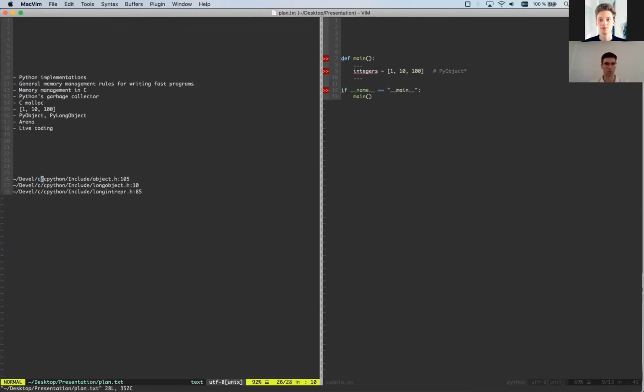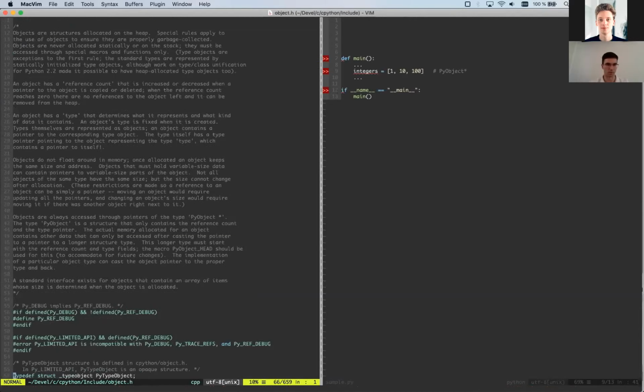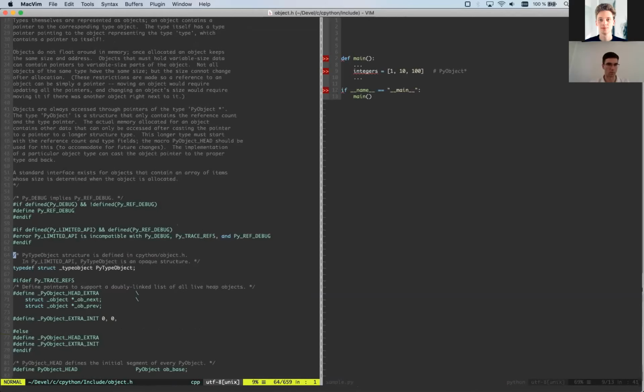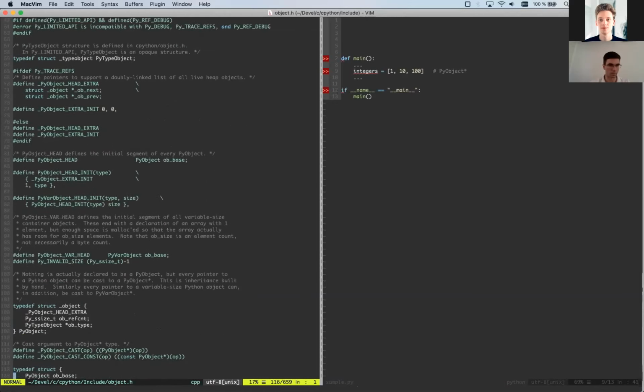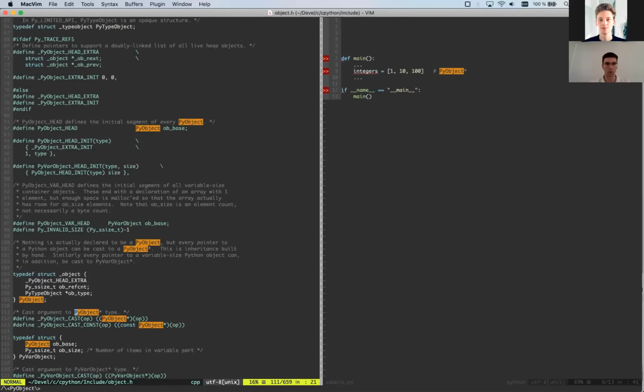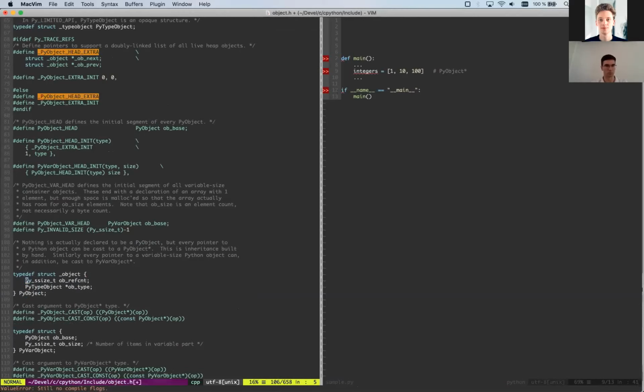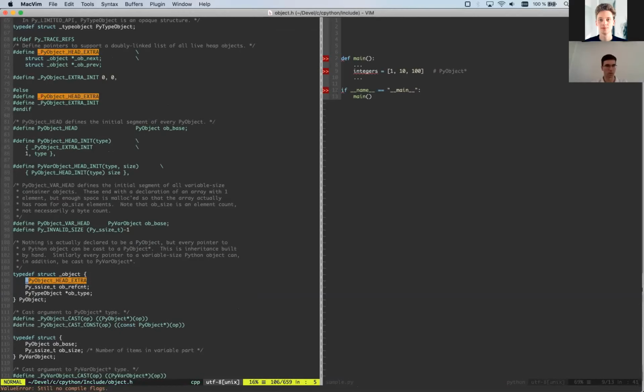It's line 105. So 105 is over here. So this is PyObject. Actually, this is nothing, it's for debugging purposes. So usually it's empty. So you don't need to worry about that.